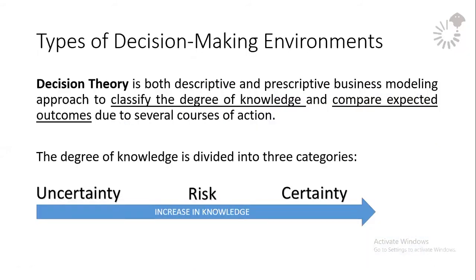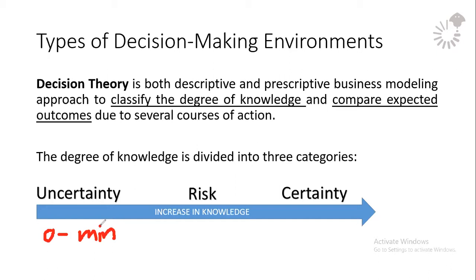Types of decision-making environments. Decision theory is both a descriptive and prescriptive business modeling approach to classify the degree of knowledge and compare expected outcomes due to several courses of action. Your degree of knowledge could be categorized into 3 categories. You can have uncertainty, risk, certainty. If you have zero to minimal degree of knowledge, I only know a little about the situation, you have minimal knowledge with the data, minimal data,